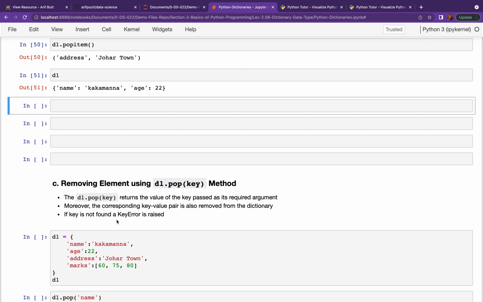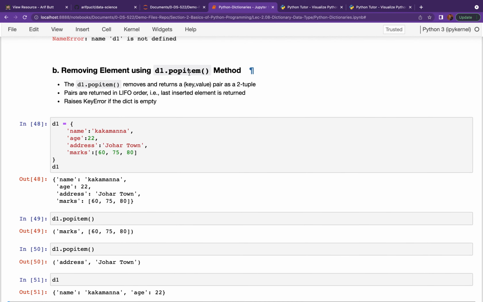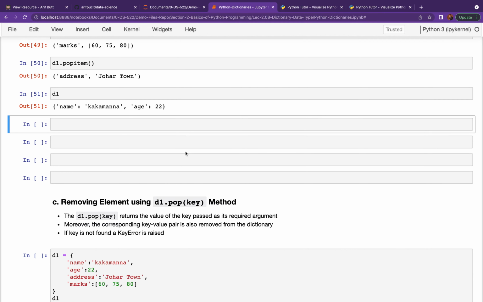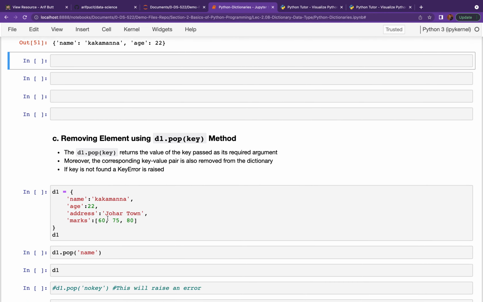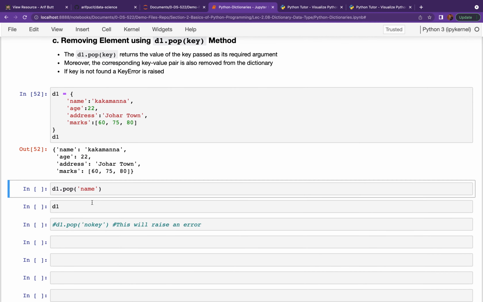Okay, so pop. Other than popitem, you can use pop. The advantage of pop is that you can pass it a key and it will pop that appropriate key value pair from there. So this is the example dictionary. I am using the pop method and I am passing it a key.